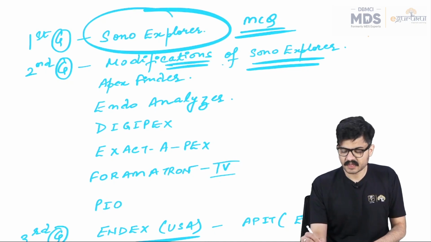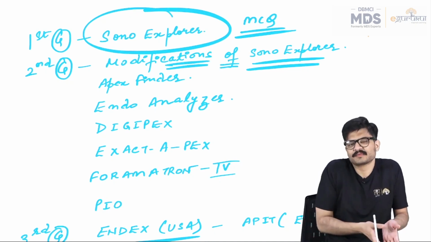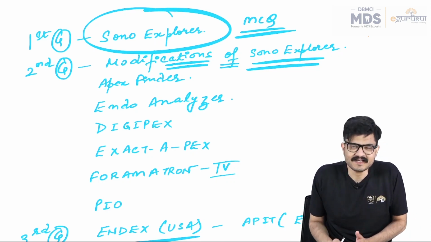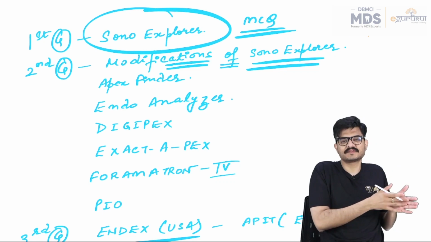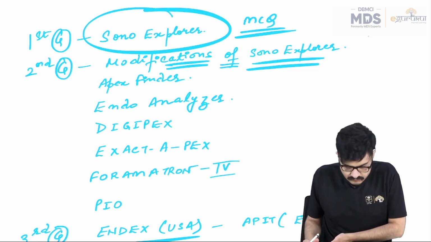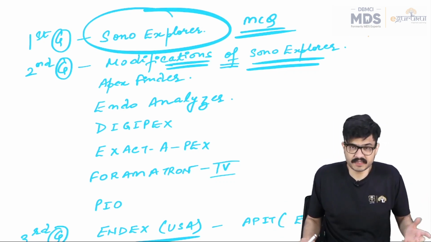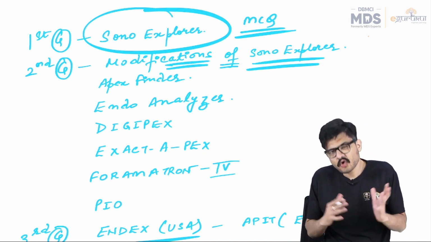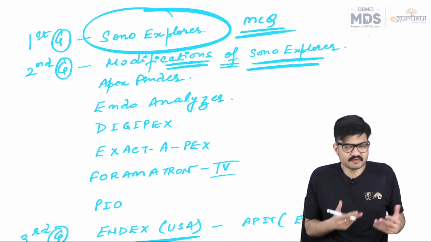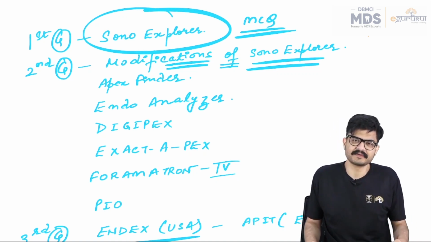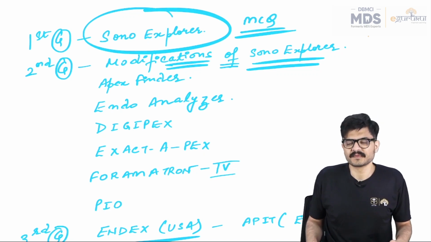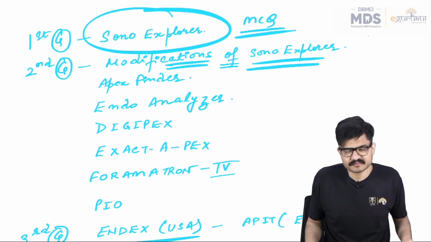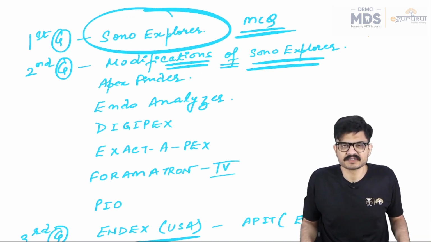I hope the examiner does not give you the option of Sono Explorer and ask you whether it is first generation or second generation, because what happened was that certain modifications of Sono Explorer don't have any unique name. They are also classified as second generation. So hopefully the examiner does not use this fault line and this controversy to put a question. Still, if it simply mentions Sono Explorer and you have first generation as an option, then I would suggest you